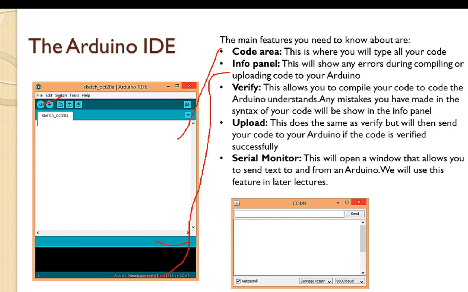So this tick mark is verifying. Before uploading, you have to verify whether there is any syntax error or compilation error or any issues with the code. This is used for uploading.